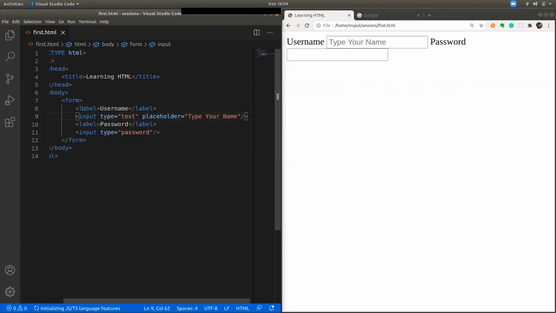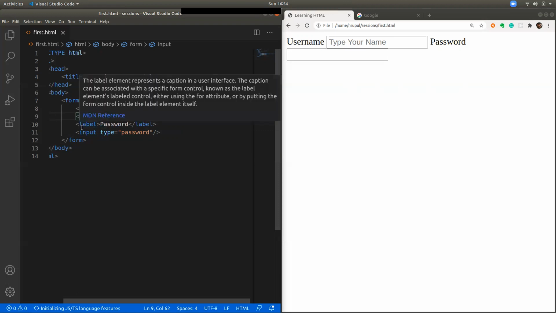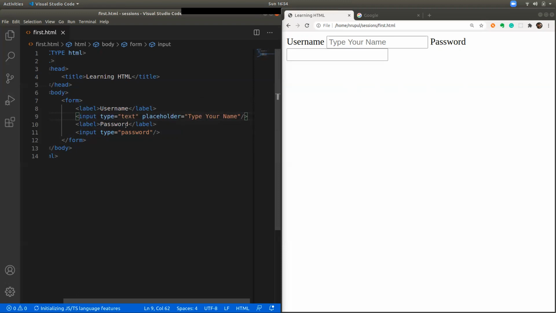To connect which label belongs to which input, because there can be multiple labels and multiple inputs, there's one attribute that the input has, which is called name. Whenever you are sending to the server, you should give some name to it. So for each input there is this attribute called name.